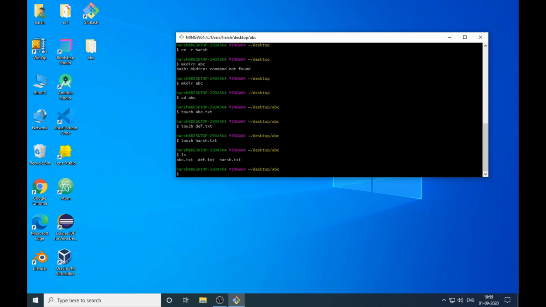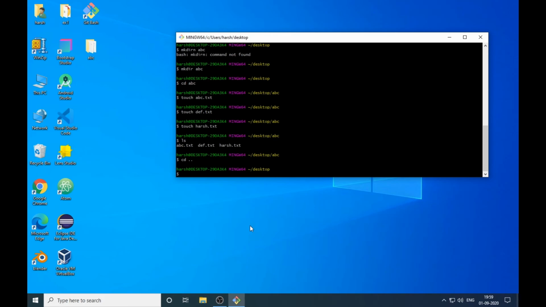What if I want to remove all the files from the abc folder, and in the end I want to remove the abc folder, because now I don't need it? So first of all I will go back from that folder. For that I will apply cd dot dot and click enter. Now I am on the desktop. So I will go again to abc, and here is one command which will remove all the files within that folder, which is rm and star.